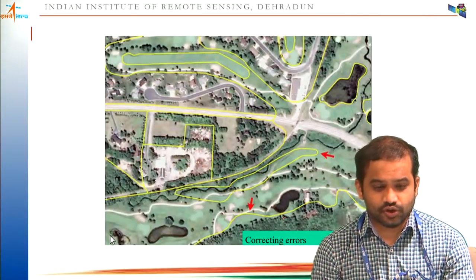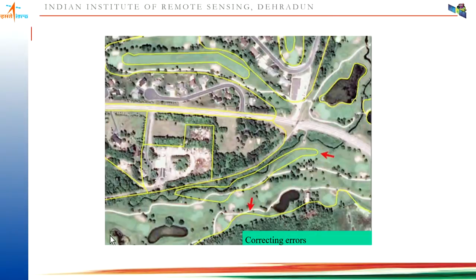Right? So we see an example here. I am digitizing based on this. You can see that the roads are well digitized here, here, here. But if you look here at the yellow, even the red marks here, these two features are not matching with any overlaying feature. This is some mistake by the digitizer, who while digitizing zoomed out or zoomed in too much, but these two features have some problem. Once digitization is done, after inspection you find out that there is an error. Now how can I correct this error?